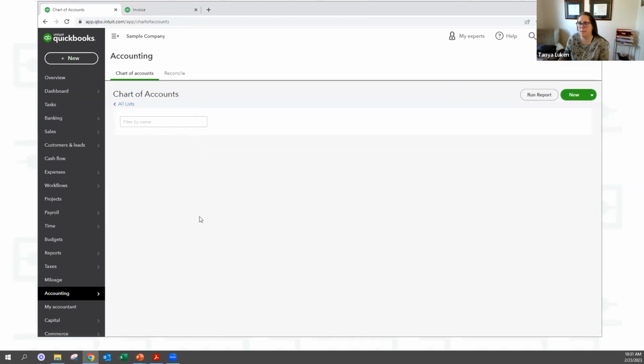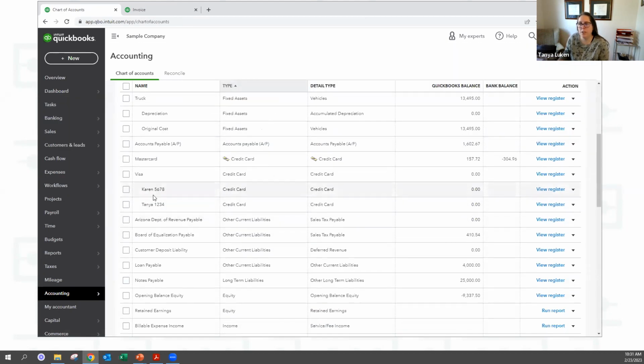You would create sub accounts for each card holder, and then you would nestle them under the parent account, under the Visa parent account. And then when you go to set up the online banking connection, you would link Karen's account. You would link this account in QuickBooks to Karen's card in the bank. And then you would link mine to my card. And then you would link the corporate account to the main account.